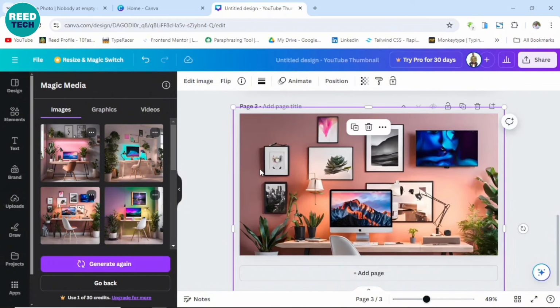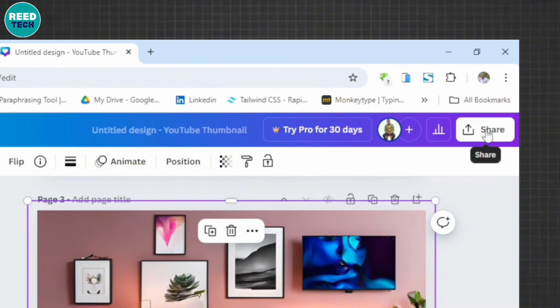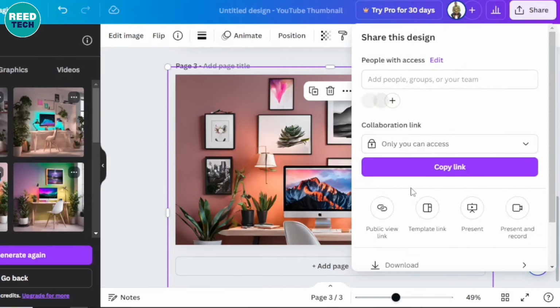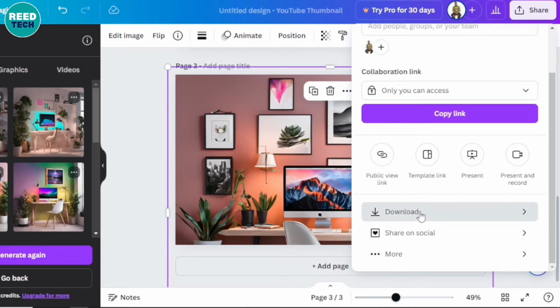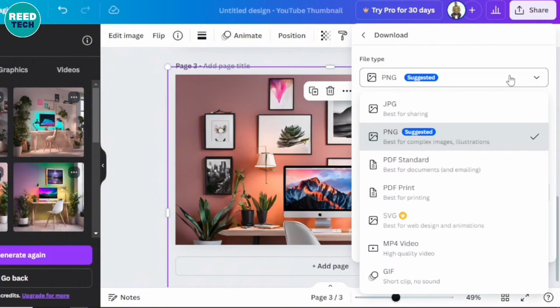So this is fine. So once you are done and you are satisfied with your images, the next step is to download them. To do that, simply navigate to the top right corner and click on share and click on download. So you can see the file type is PNG. If you want to download it as JPEG, you can feel free to select it here, but I'll just leave